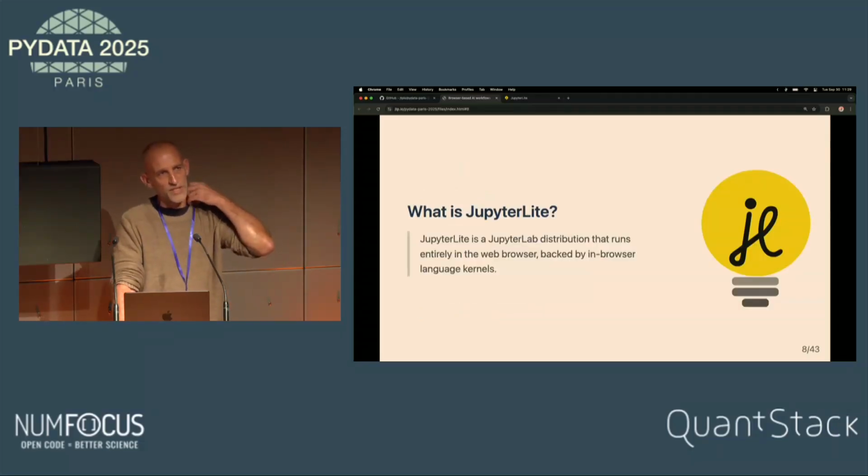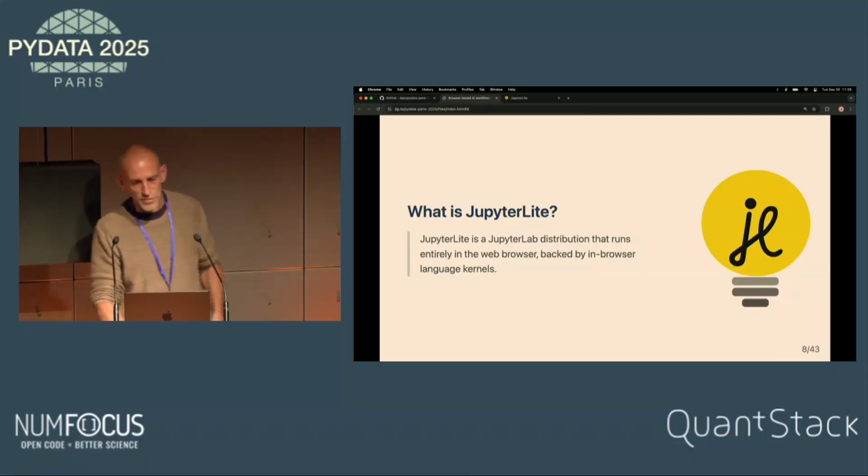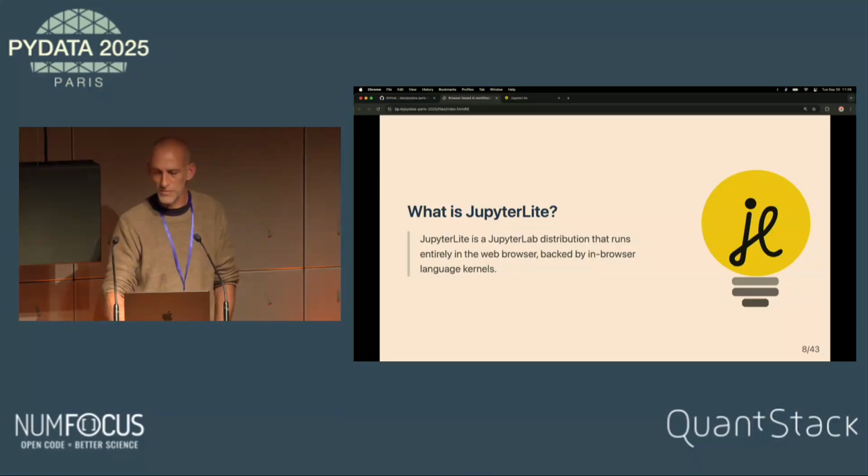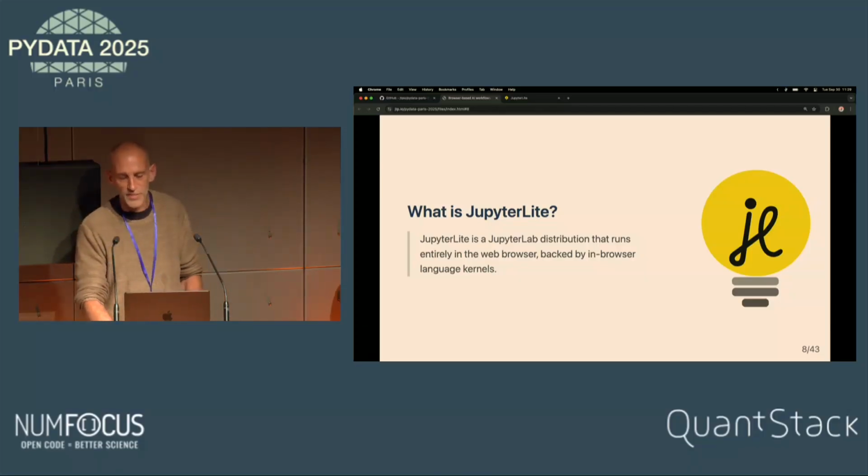So what is JupyterLite? I don't know if some people were there just before, or maybe will be there after, because there is another talk on JupyterLite. I think it's the same room. But very briefly, JupyterLite is a Jupyter distribution that runs entirely in the browser.